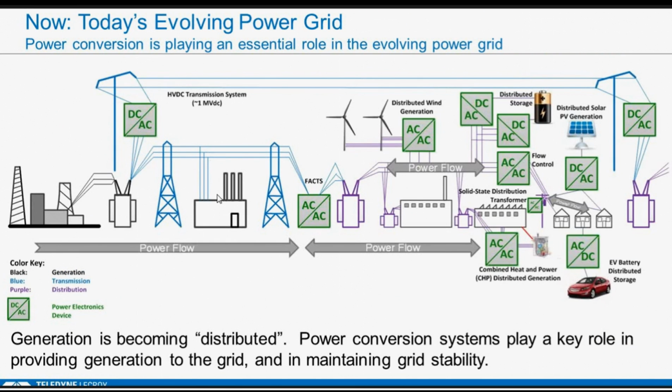Now, today's power grid is evolving very rapidly. It's causing a lot of disruption you've probably heard about. The power flow used to all be one way, but now the power flow near the customer is becoming two-way, and generation is becoming very distributed. So you have things like a car that might pull power from a battery and give that back to the grid, or some sort of combined heat and power, or a solar PV system, or a wind farm. And they're all taking power to and from the grid in very unpredictable ways,